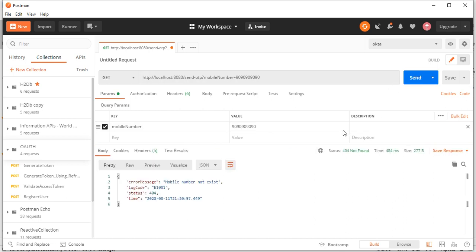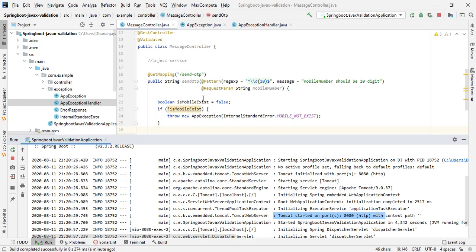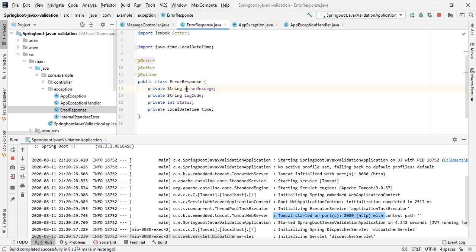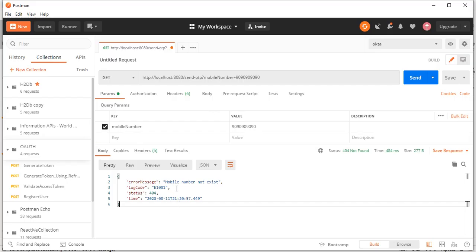Let's try. Yeah, if you see here, we are getting the message, whatever error response we are returning here: error message, log code, status and time, the same we are getting, right? Mobile number not exist, error log code we are getting, 404 the status code, and the time of exception.